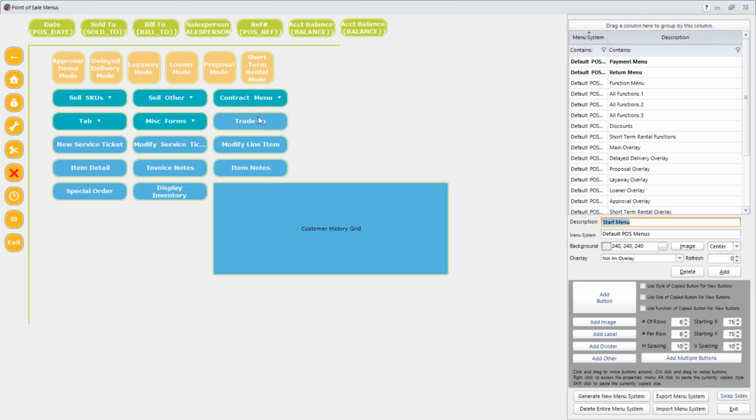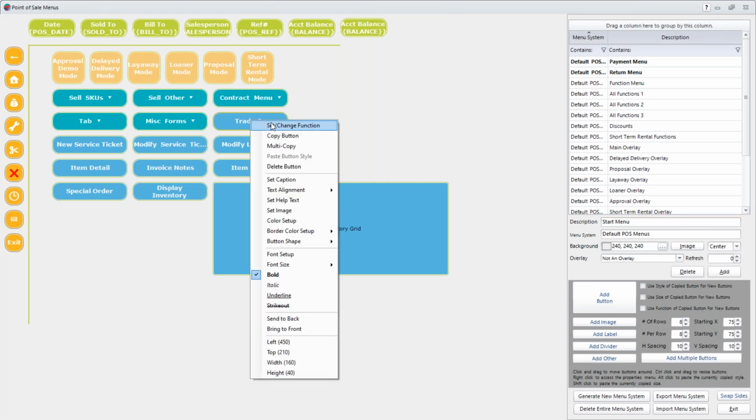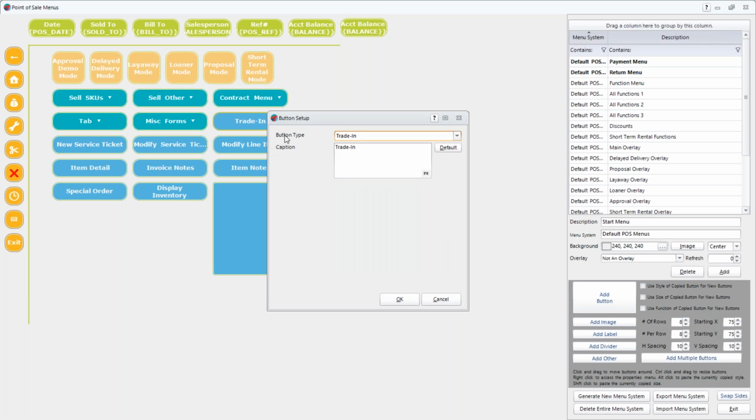So with point of sale menus, there's a lot more functionality with the functions of these buttons. You'll notice if I go in and set change function, just like we did last time, you've got button types, and there are more button types now with point of sale than there were with just the regular touchscreen menus, the back office menus. You still have options like jumping. You can jump to specific menus. You can jump back and forth and home, and you can still launch forms and reports right from within point